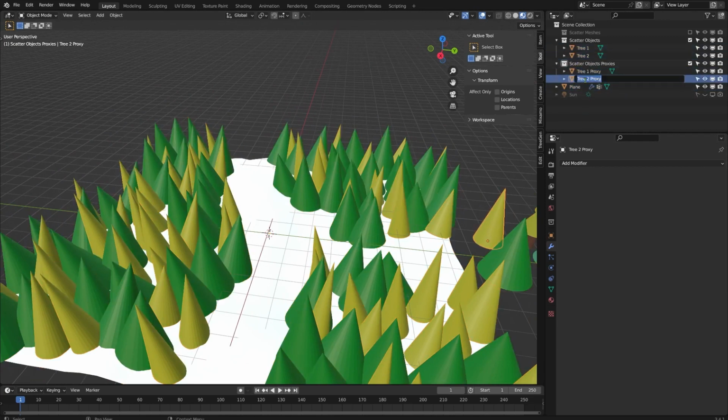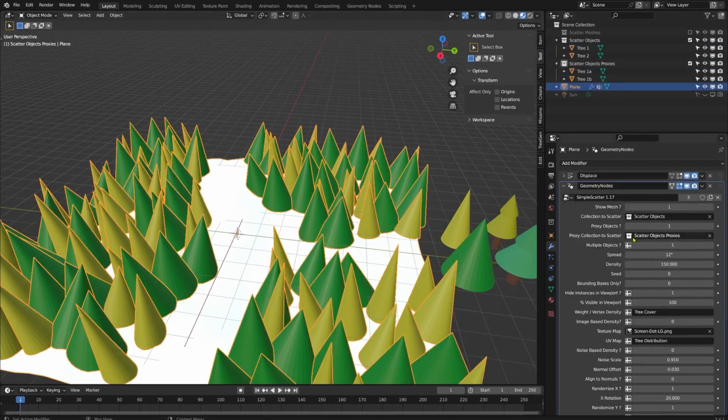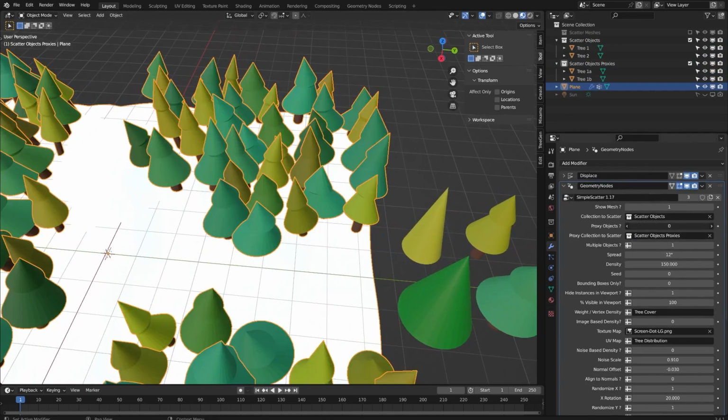The only rule about this is we need to make sure that things are in the right order. If I were to rename this to tree 2 or tree 1B, there we go. So now this one is tree 1, which would line up with the first object in our scatter objects. If we reset, the computer's going to think that it wants